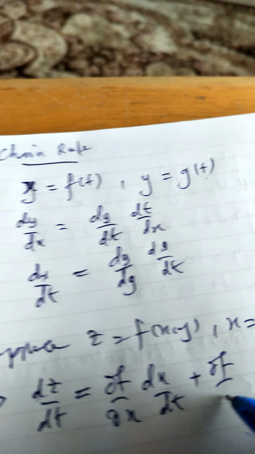So look at an example. If z is given as x squared y plus 3x y to the 4, where x is a function of t, say for example sine 2t, and y is a function of t, cos t. So you want to find dz/dt at t equals 0. So the solution is,